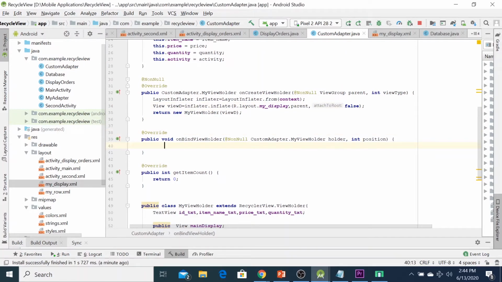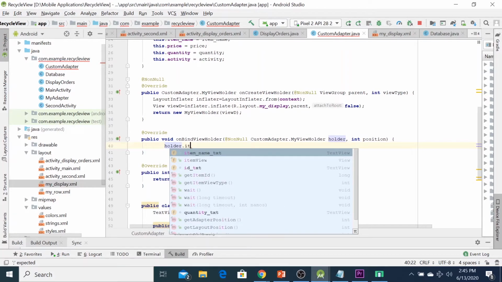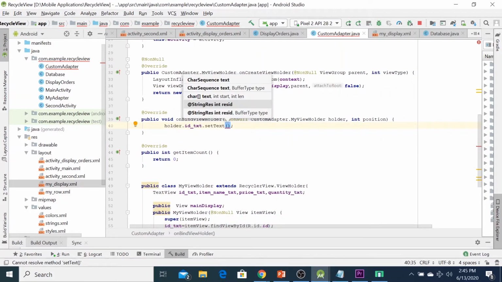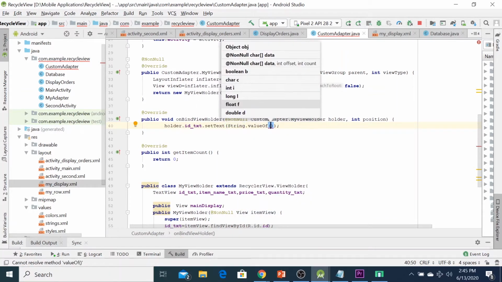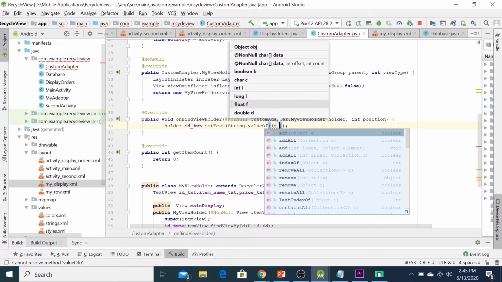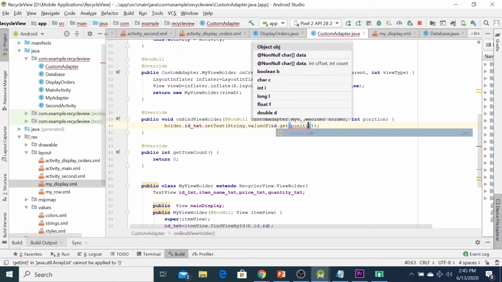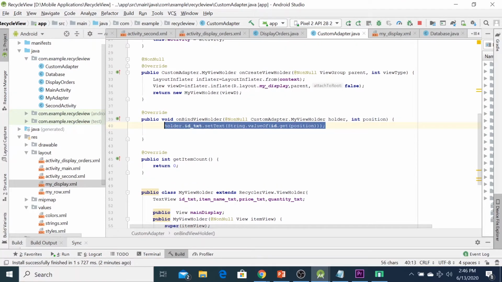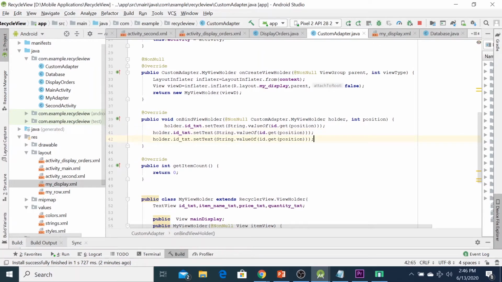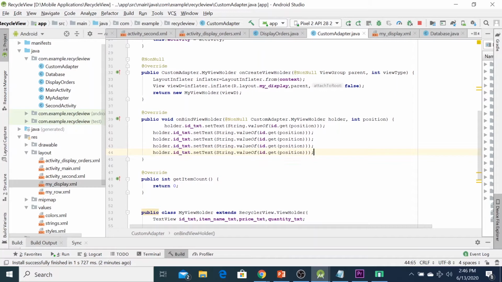Next, in the onBindViewHolder method, we can type holder.id_txt. So we can type String.valueOf and id.get(position). You can copy this one. Okay, one more. This is item name.